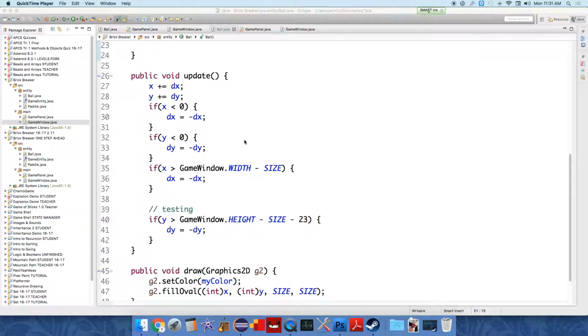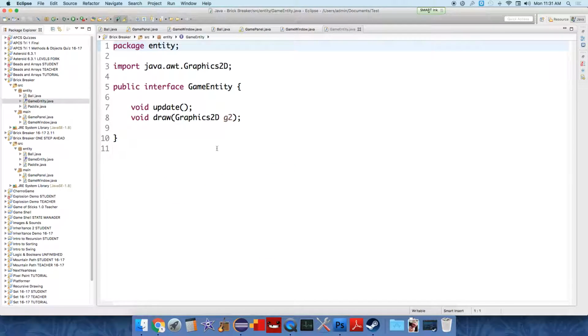Alright, in this video, which I intend to be pretty short, we're just going to add a method to the GameEntity interface and then implement it on our ball and paddle classes. So I think any GameEntity, and frankly this GameEntity interface, it might be better